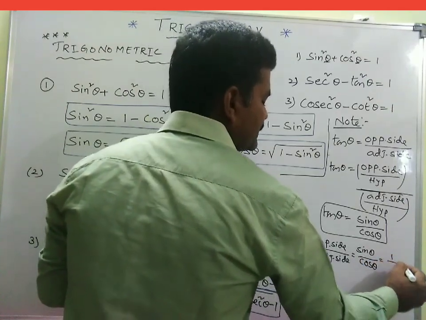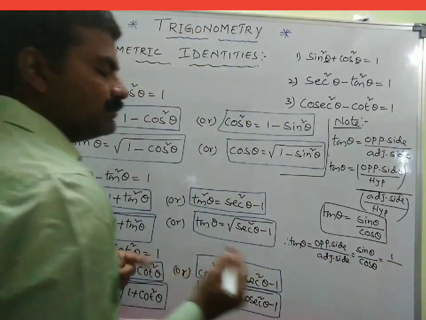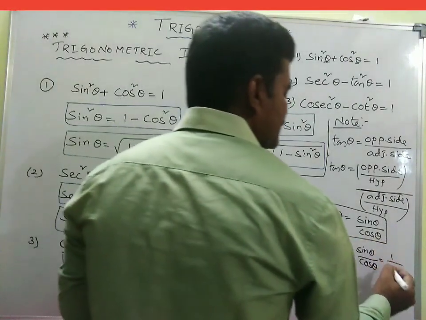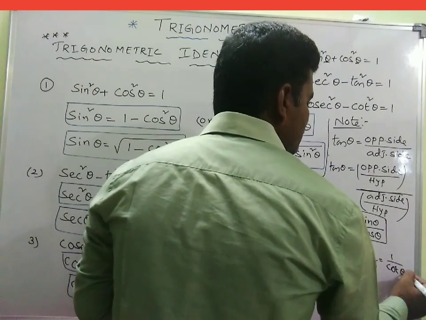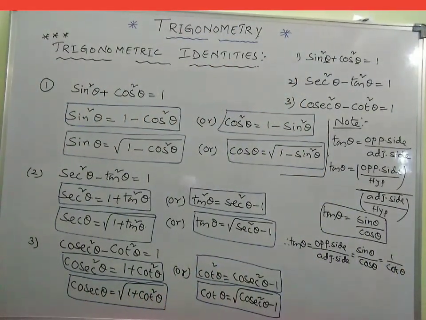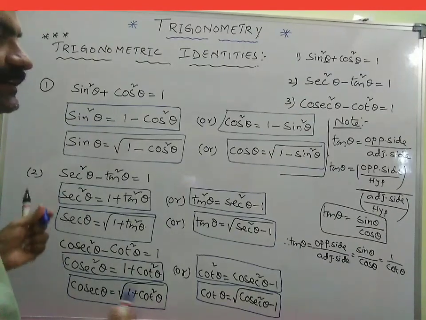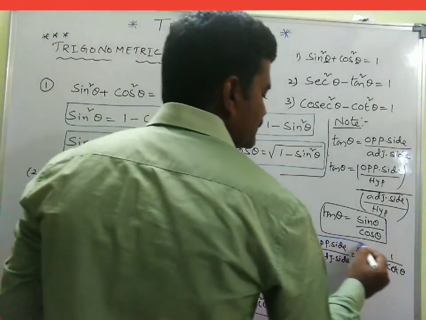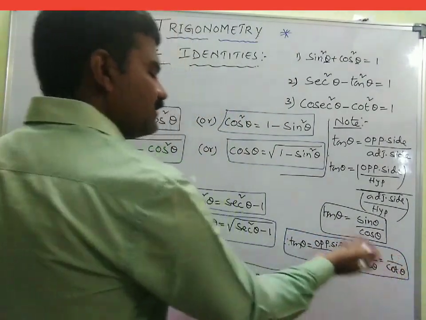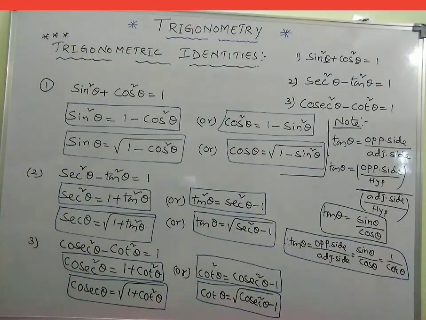And you know we already discussed it, because tan and cot are multiplicative inverses, I mean reciprocals. Hence tan theta we can also write as 1 by cot theta. See how beautiful. The same term tan theta can be expressed in these many ways. So all these can be used in the place of tan theta.